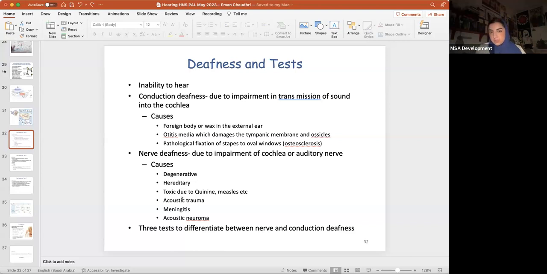Now let's look at nerve deafness. There's multiple issues, or there's multiple causes of nerve deafness. And this is either due to cochlear problems or auditory nerve problems. Now there can be degeneration, which is age-related, like we said, presbycusis, which we'll talk about at the end. It can be hereditary. It can be toxic due to certain medications, such as, for example, if you're taking,